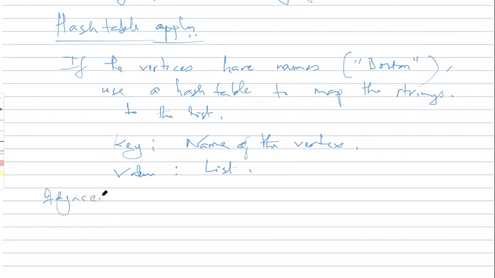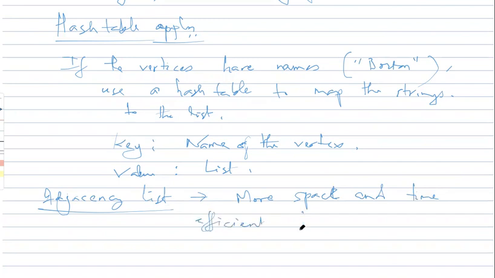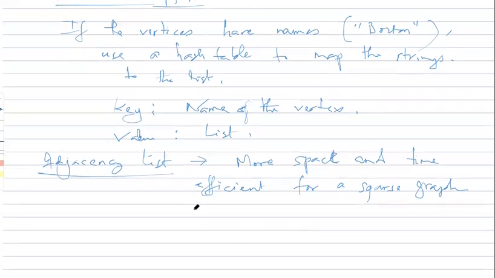Adjacency list is more space and time efficient for a sparse graph, where there are only a few edges, but